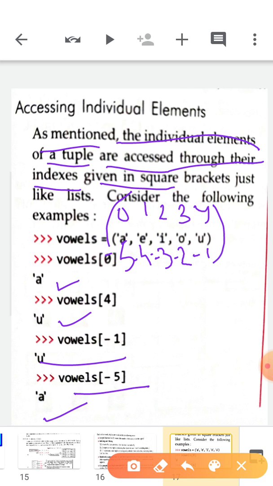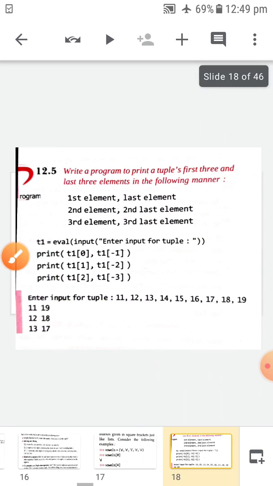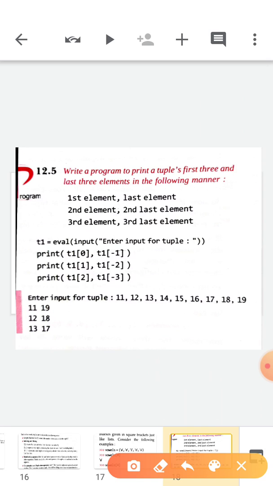Just like we were doing in the list. Okay. Now write a program to print a tuple's first 3 and last 3 elements in the following manner. See how you have to print. This is your tuple: 11, 12, 13, 14, 15, 16, 17, 18, 19. So let's do the forward indexing and backward indexing. 0, 1, 2, 3, 4, 5, 6, 7, 8.